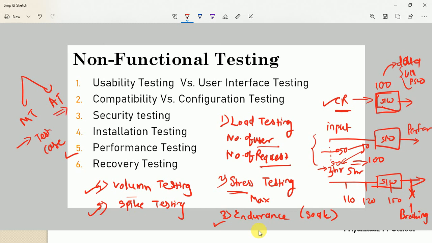How? Because to generate this kind of load, I mean to create a 100 user load, or let's say 100 requests at a time, it is a somewhat challenging task at the time of manual testing while performing this performance testing activity. So there are challenges we need to face at the time of performance testing if we are doing the task with the help of manual testing. And that is the reason this testing type we definitely perform with the help of an automation tool.